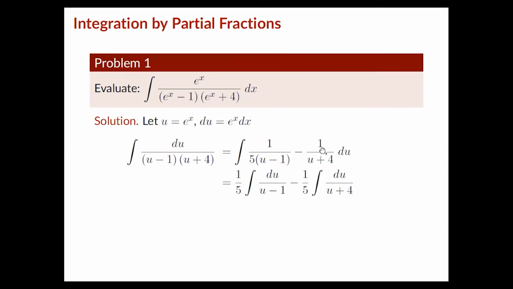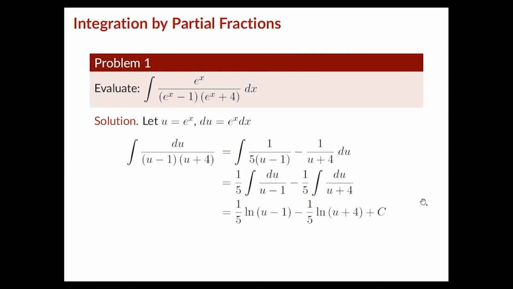Ngayon, solving for this, kailangan na nating i-factor out yung mga constants natin dito. So we have 1/5 times the integral of du over u minus 1 minus 1/5 times the integral of du over u plus 4. And fairly enough, familiar na tayo sa integral na ito, which is just the natural logarithm of u minus 1 on this part and the natural logarithm of u plus 4 on this part. So now we have this